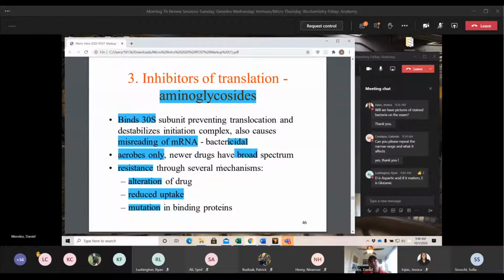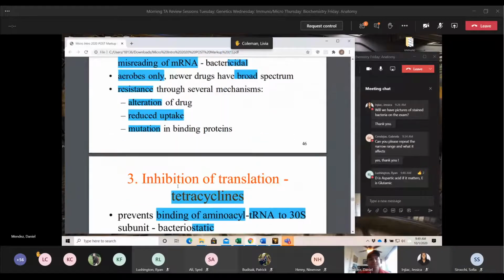What they can do is prevent those uptake mechanisms. And you'll see that we also have another form of resistance where they allow uptake, but they increase efflux. So they increase the amount that gets pushed out, which reduces the effectiveness. So here, this is just the bacteria not taking in the aminoglycoside. Gotcha. Thank you. No problem.